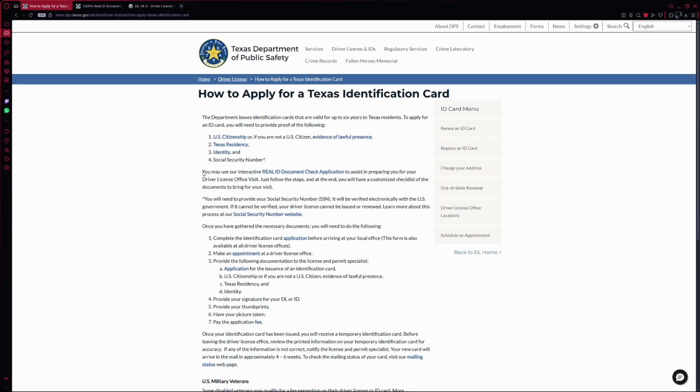First, you'll need to gather the right documents. Most states ask for 4 things: proof of citizenship or legal presence, proof of residency, proof of identity, and your social security number. In Texas, for example, you can use a U.S. passport for citizenship, a utility bill with your name and address for residency, and a birth certificate or valid school ID for identity. But again, your state might accept different documents, so check the list provided on your local DMV